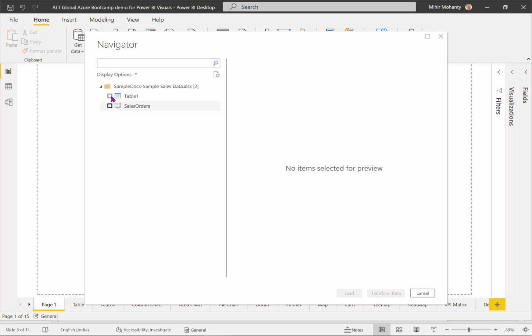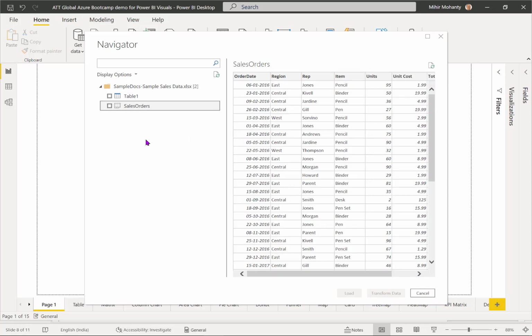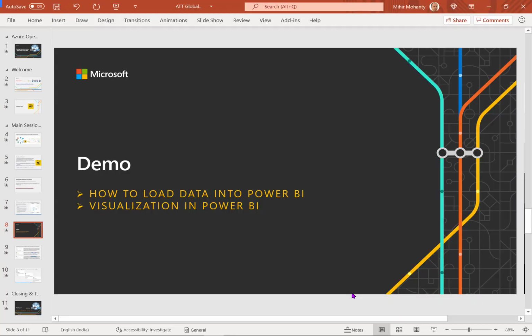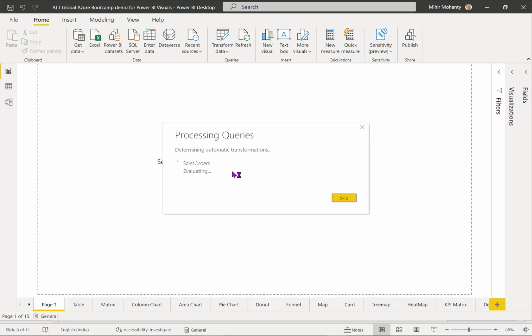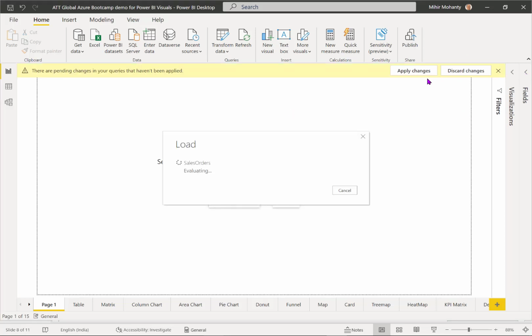Now from this particular source there is a file called sales order. You can see a preview. That's how you can load data, and sales order will be loaded to Power BI once it connects to the data source successfully, and you can see how it's loading the data.